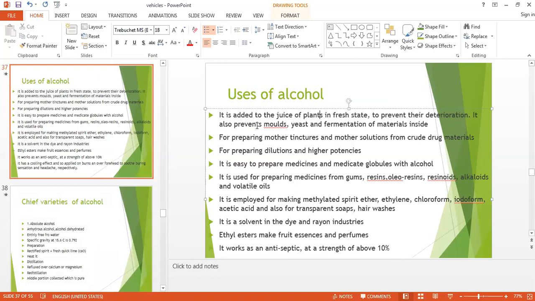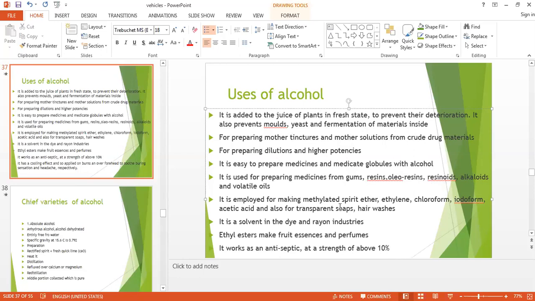It prevents the molds, that is, fungal infection will not happen and fermentation will not happen there. It is useful for the preparation of mother tincture and mother solution. It is useful for the preparation of potencies. It is useful for the medication of the globule. Then it is used for the preparation of gums, resins, resinoids, alcohols.